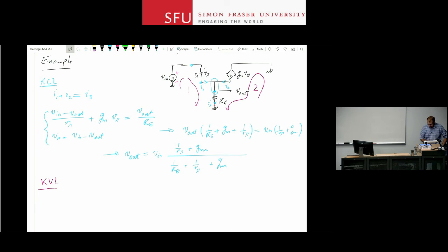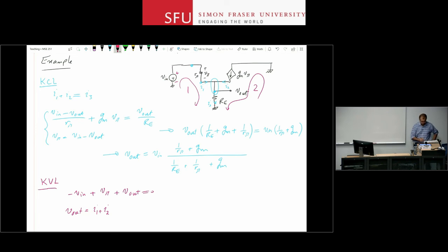So KVL in the left loop, I'm going up this voltage source. It tells me that minus V in plus V pi plus V out is 0, right? So V pi is the voltage drop across this resistor, and V out is the voltage drop across RE. So that's the KVL that I have. But what I can see is that V out is actually